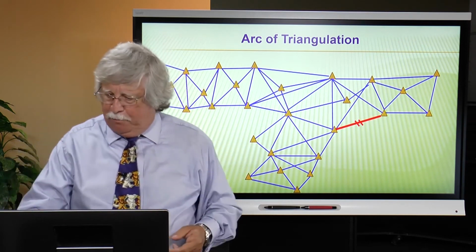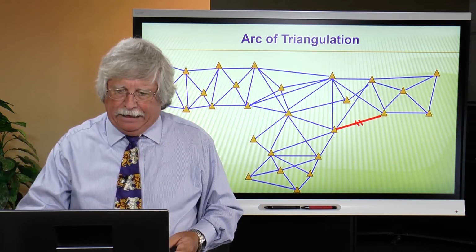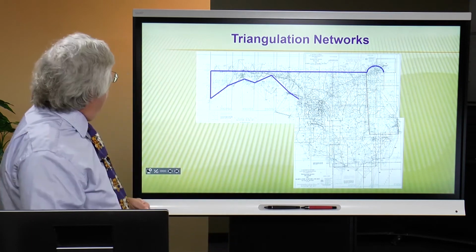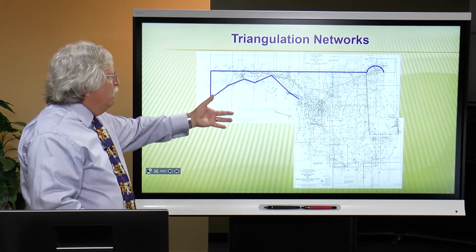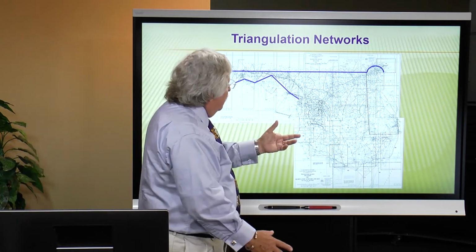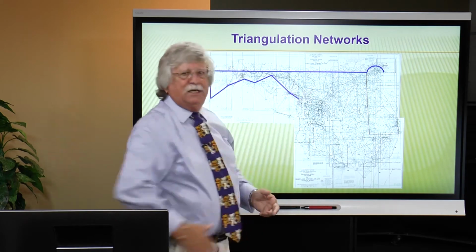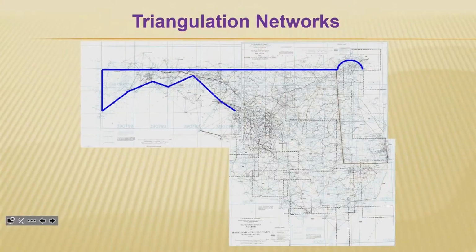Now I'm going to give you a picture of a little piece of reality. This is a network. It just happens to be the state of Maryland and the state of Delaware. Look how congested it is. These are all the geodetic survey monuments, the triangulation stations that are in the states of Maryland and Delaware, and of course a little bit up into West Virginia